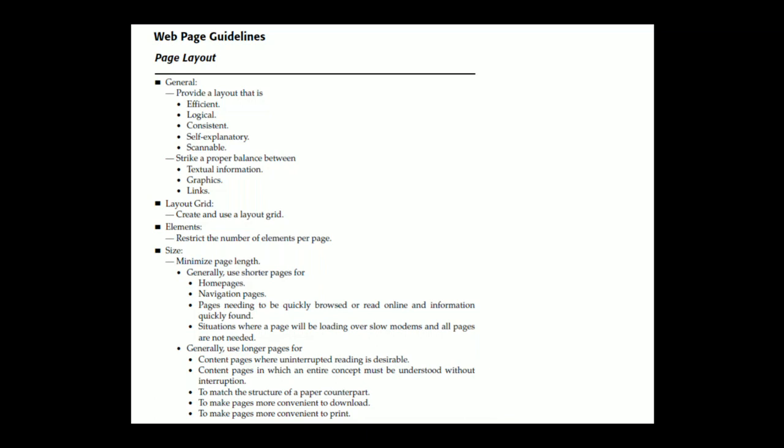How should a web page be organized? So, critical or more important information should be placed where it will be immediately visible when the page is displayed. Information below the fold will usually require scrolling to access and may not always be seen.